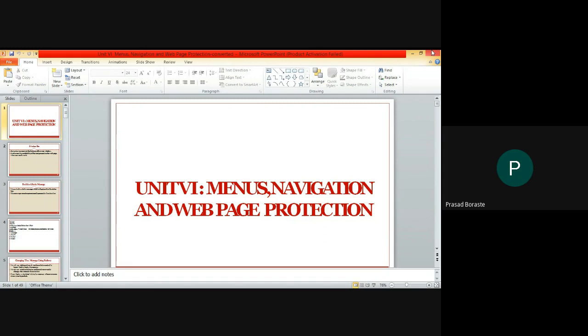The syllabus which we will be completing in this chapter number 6 is about the status bar. In status bar, we will be studying how to build a static message, changing the message using rollover, then moving the message along the status bar. Then the next will be banner, loading and displaying the banner advertisement, then linking a banner advertisement to a URL. And then we will study the slideshow, creating a slideshow. So the first topic we will be studying is the status bar.